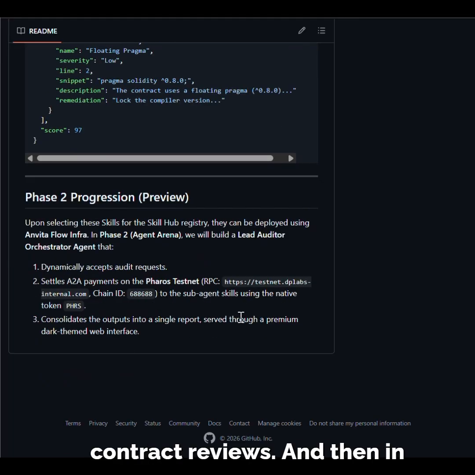And then in phase two of the hackathon, I plan to deploy this skill and build a collaborative orchestrator agent that utilizes the x402 micropayment protocol to settle audit fees on the